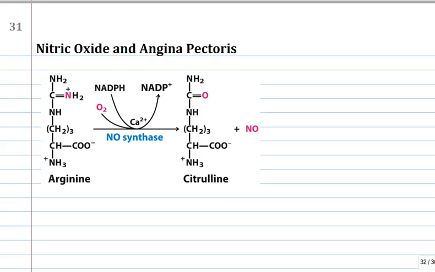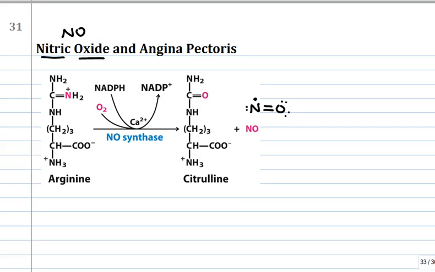Well, arginine can be converted to citrulline, and nitric oxide is a product. I'm sure you're dying to know what the Lewis structure of nitric oxide looks like. Please don't confuse nitrous oxide with nitric oxide, because this is nitric oxide, NO,